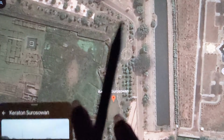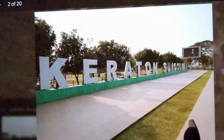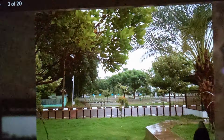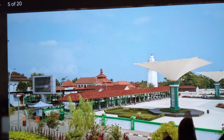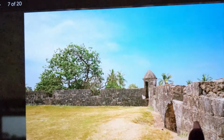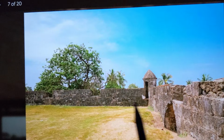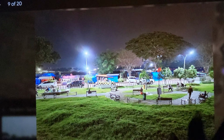Let's look at the slideshow for it. All filled up there with water. And it's a popular place to visit to learn about the history here. There's a museum nearby and lots of sights to see. Unfortunately, I don't have the best slideshows. That's a wonderful smile. So I'm not going to show you, but